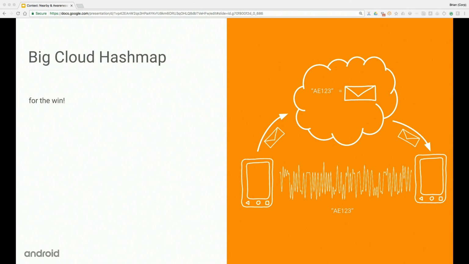And the way this works is when one device wants to transmit information to other devices nearby, it either generates or retrieves a token from the server, it transmits that token over either Bluetooth or audio, and sends the data up to the cloud associated with that token. Other devices nearby then listen on the microphone or scan over Bluetooth, and when they hear a token, they decode it and can just request it from the server. And the assumption is that if you're close enough to get this token, you're authorized to get the data.